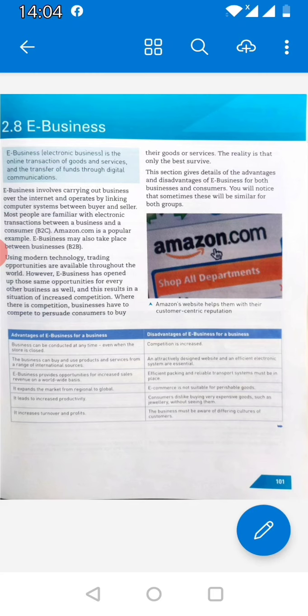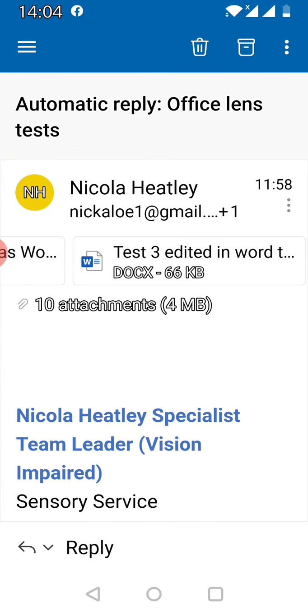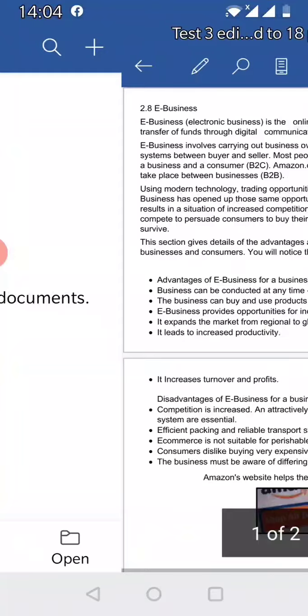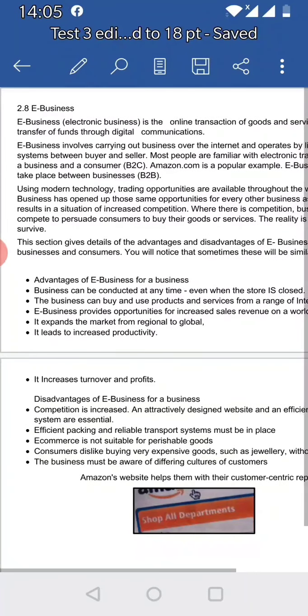What I would intend to do with that would be to share that PDF with the student so that they can access it on their iPad. However, if for some reason I felt that they needed it as a Word document, I could import it as a Word document and then edit it. And that's what I did here. So I imported it into Word and